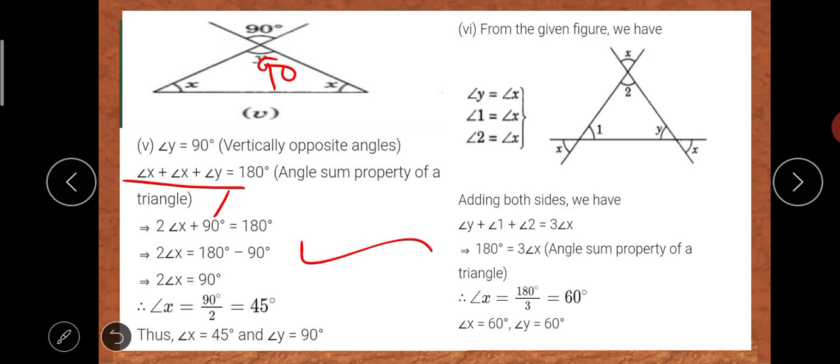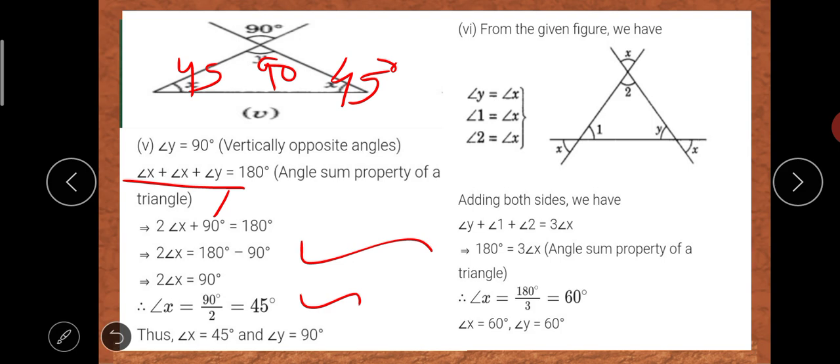Okay. Now when we are finding the 2x, we will get what? 180 minus 90 will be 90. So value of x will be 90 divided by 2, we will get what? 45 degree. So this value of x will be 45 and here also it will be 45. Okay. So when we add this number, just check it whether it is correct or not. 45 plus 45, 90, 90 plus 90, again it is 180. Okay, so value of x what we got here? 45 and value of y is what here? 90.